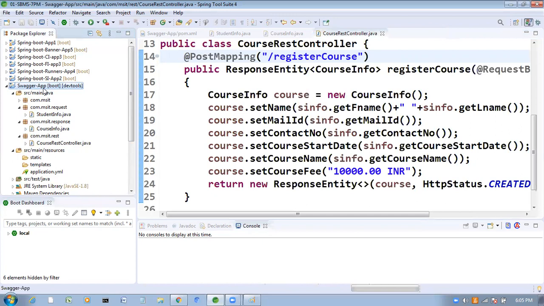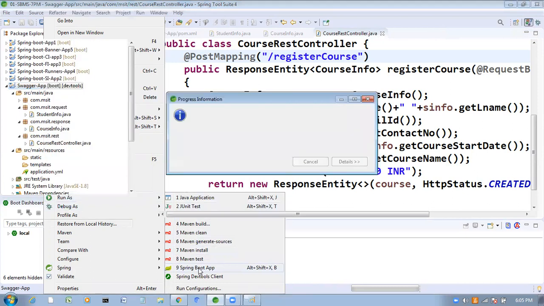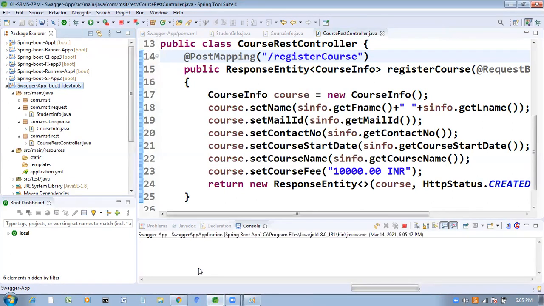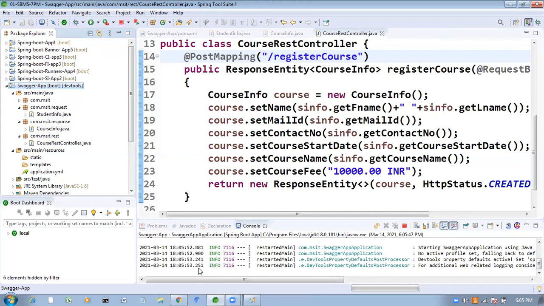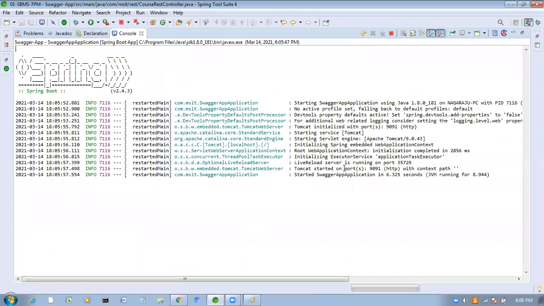So now run this application. Run as Spring Boot. Now you can see here, our application started successfully in port number 9091.